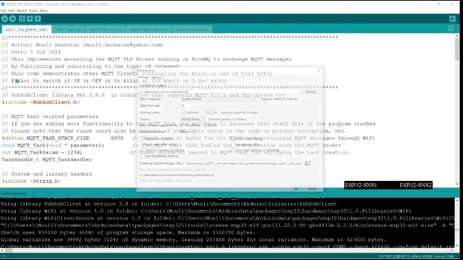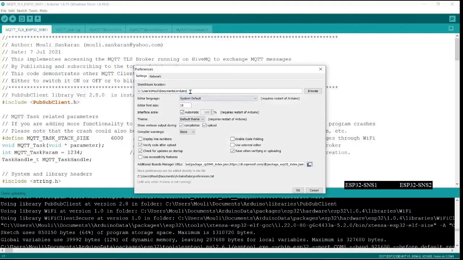So one more thing, let me show you on file preferences. This is the place wherein the Arduino related libraries are kept, and you can choose compilation option and upload option. It may not be enabled by default, so that you will be able to view the outputs that are coming, so that it will be easier for you to debug your code when you are compiling it and trying to build it. And additional board packages, once you add the board package there, it will get added here. You don't need to do anything specifically here.